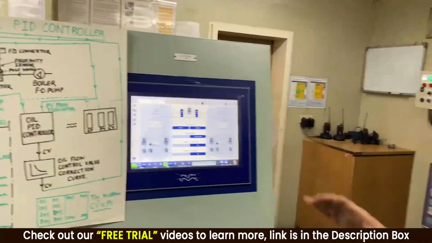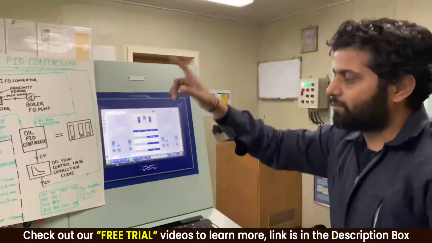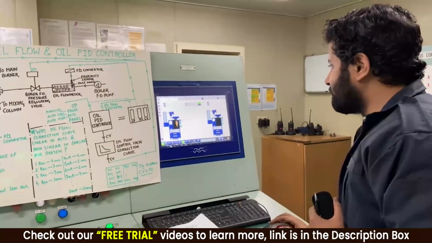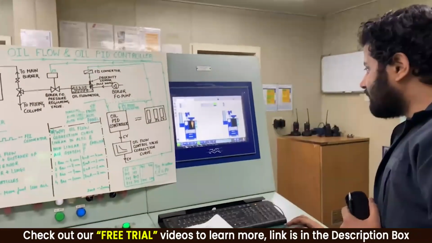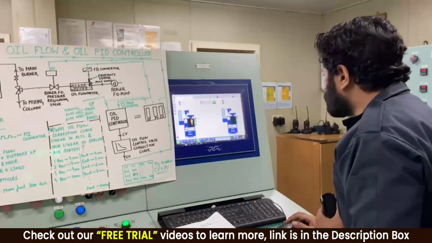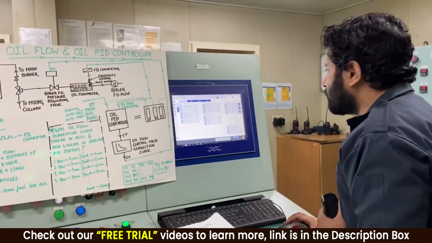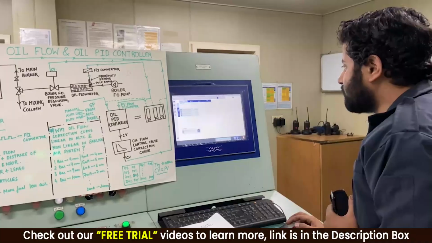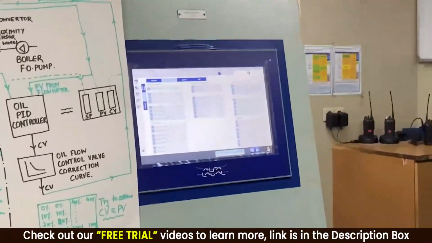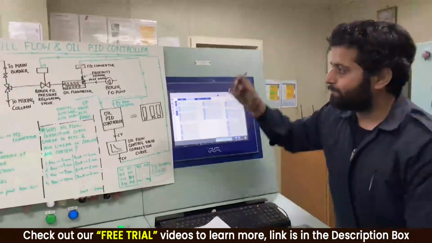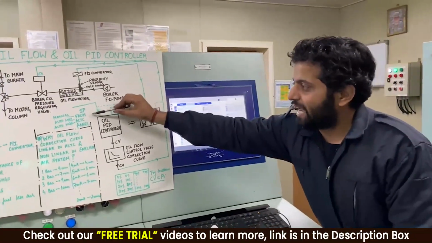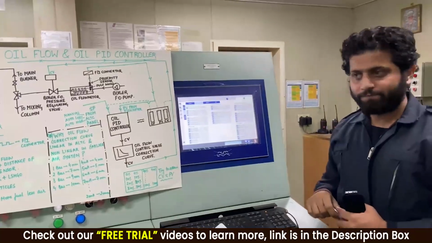Now, I guess another thing that's remaining to be talked about is oil servo error. So let me go to something more important. When I talk about oil servo error, I go to settings, I go to number 1, I go to this, I go to boiler. Now guys, see over here. What does oil servo error mean? Oil servo error means there is a set point, say it says I want load to be 25%.